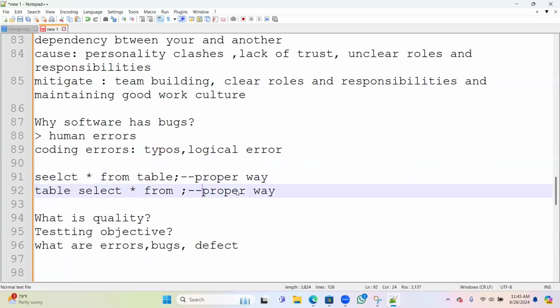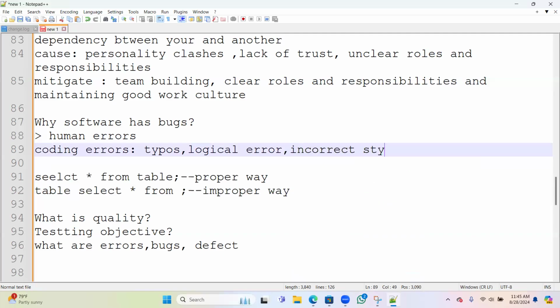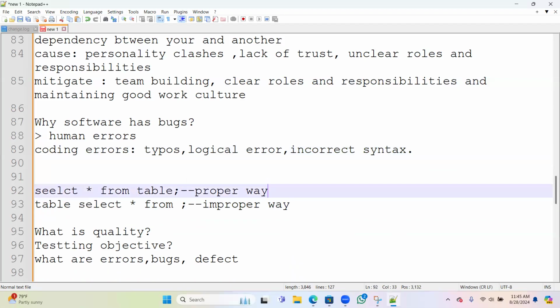This can lead to bugs. So incorrect syntax. Or the design flaws, I would say.